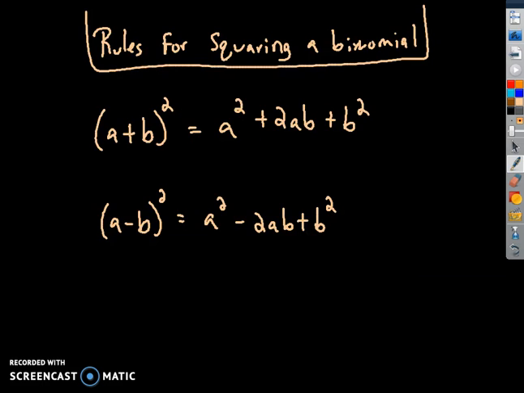All right, so the rules for squaring a binomial. This is a binomial. We're squaring it, and you can always take it and call it a plus b times a plus b and multiply those together. However, the rule, which saves a little bit of time, is square the first, multiply and double, square the last. And that goes even in subtraction. So the rule is this. Square the first term,